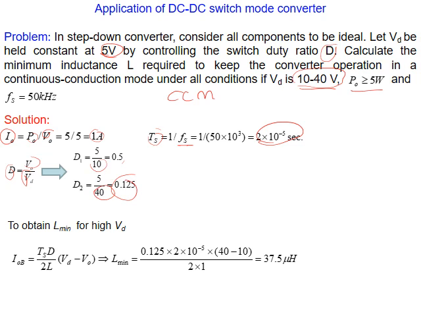Now before I go further, you need to know that he asked what is the lowest inductance that keeps the circuit working in continuous conduction mode. It means if we go below this inductance, if the inductance is increased, what will happen to the current? The choke will hinder the current, and the current will be low. So to obtain